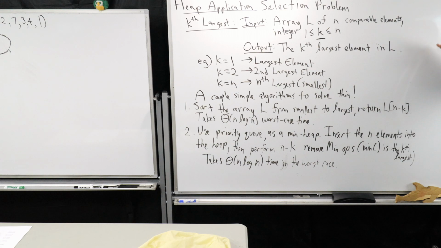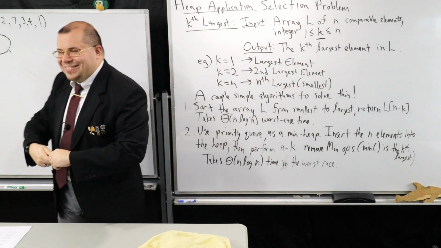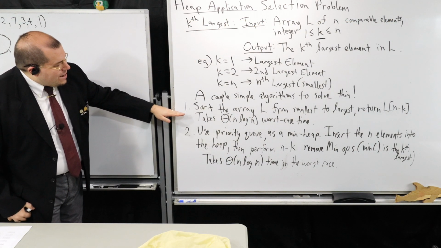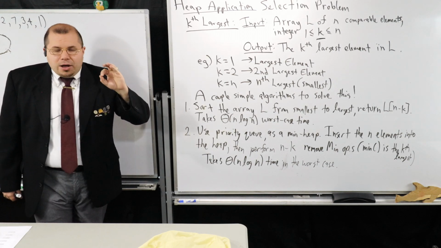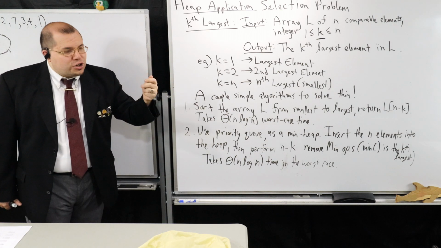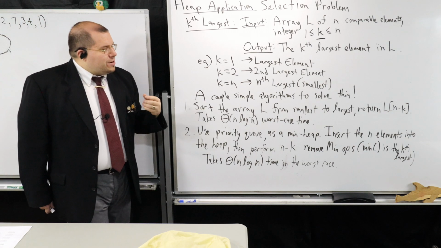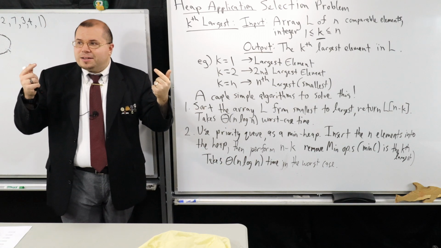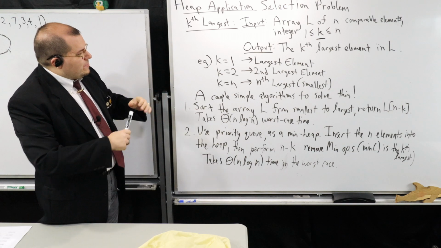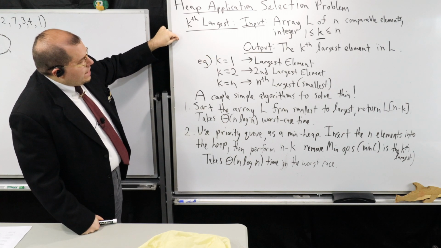So there's actually a couple really nice simple ways of solving this problem. The first one is really you just do sorting. So all you do is you sort array L from smallest to largest, then you return the element L sub n minus k. And notice that the reason why that's the kth largest is that if you do a little bit of arithmetic, you think about it, if it's sorted from smallest to largest, then if I want to get the kth largest,